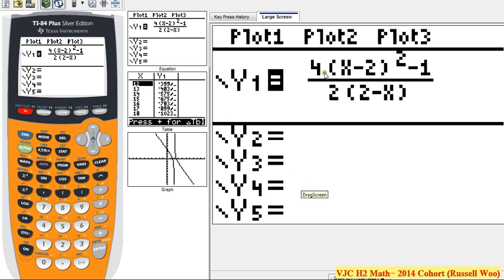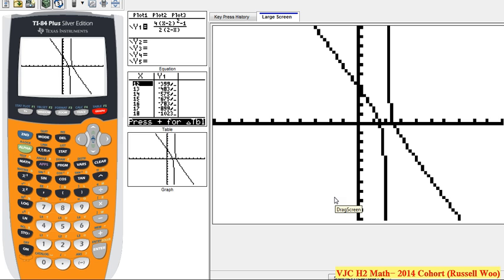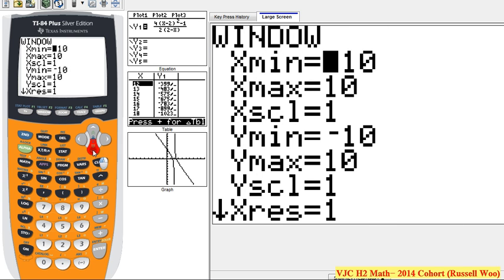Alright, let me orientate you a bit. You're actually keying this in, and if you press graph, you will get something like that. It's not difficult to see that the region bounded is actually this particular region over here. Of course, we can zoom in a little bit more. Let me say that this is -1, 2, and then you realize that